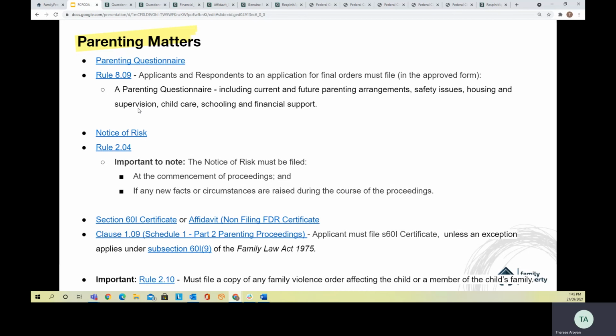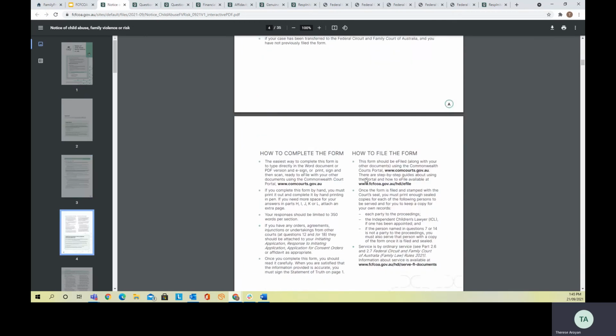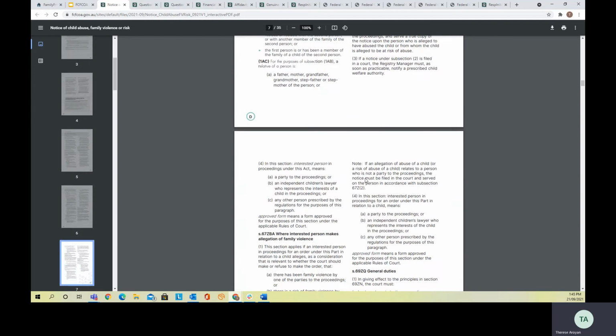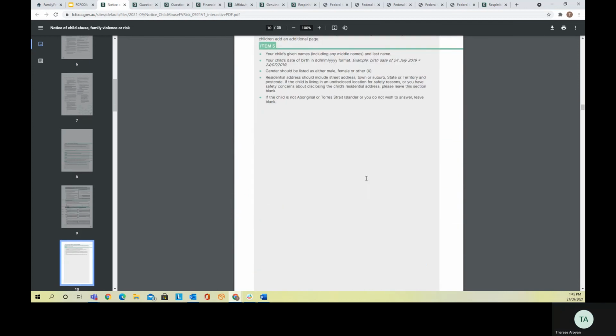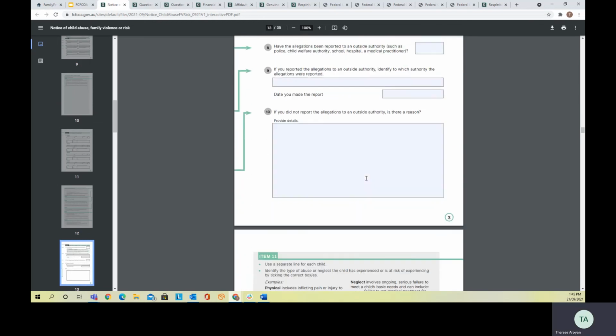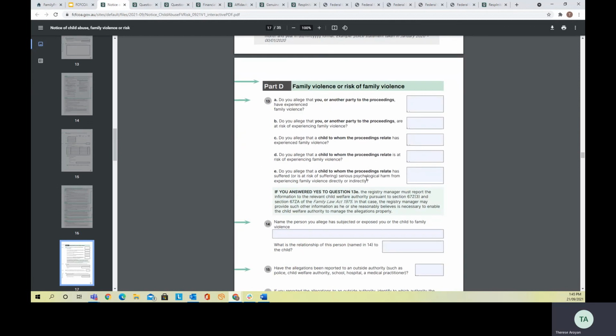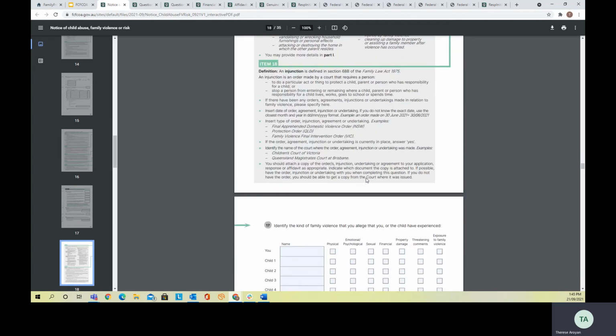The notice of risk has changed. It is really important to note that the notice of risk must be filed both at the commencement of proceedings and if any new facts or circumstances are raised during the court proceedings. And if we open that form up and just have a quick look at it, we have sections in relation to child abuse, and family violence,